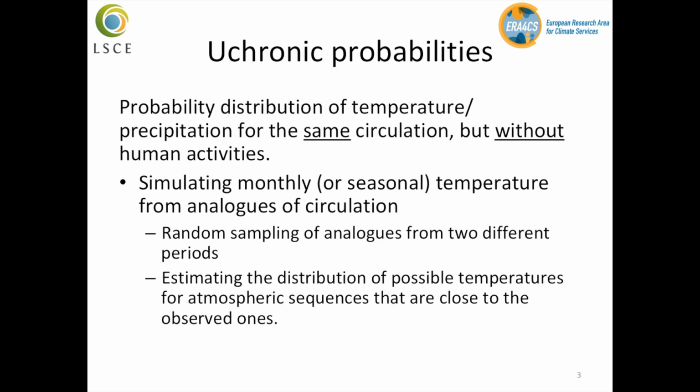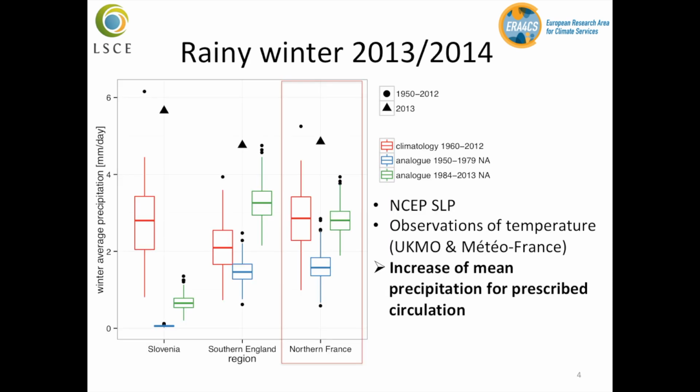So we estimate the probability distribution of possible temperatures for atmospheric sequences that are close to the observed one. So the only thing that doesn't change is the atmospheric circulation, and we see how climate change affects either precipitation or temperature. So let's look at an example, which is the rainy winter of